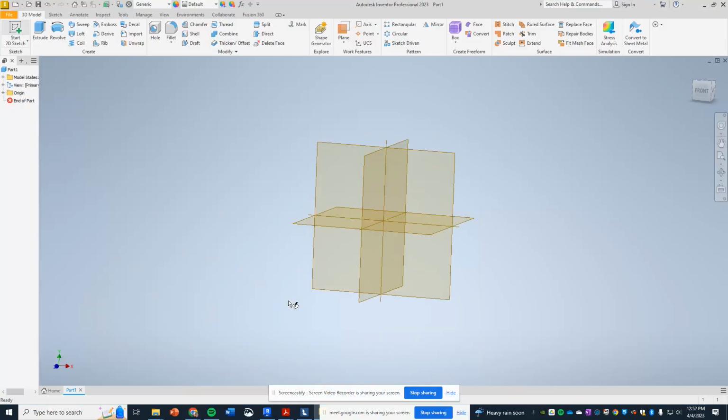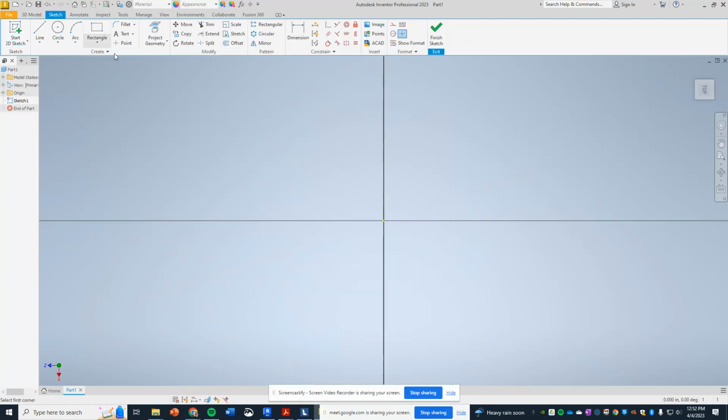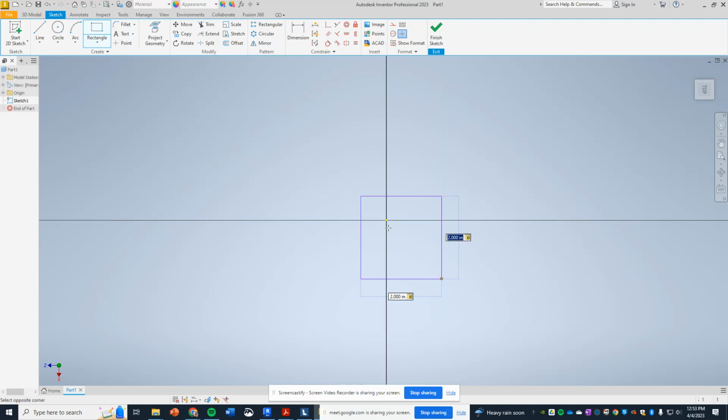I'm going to start a new sketch, and I'm going to sketch on this plane. And we are going to create a rectangle that is 2 by 2. So I click on 2, tab, 2, tab. I can zoom out just a little bit. And this is just going to keep me